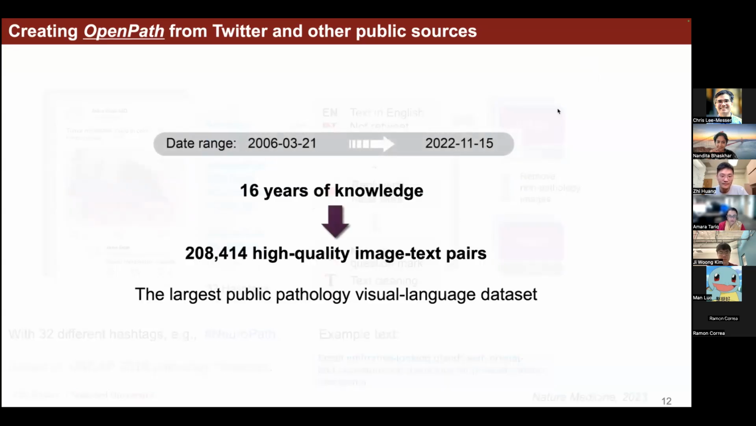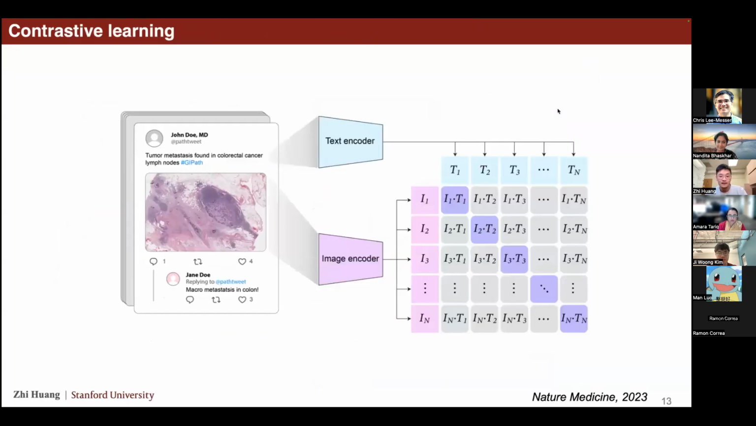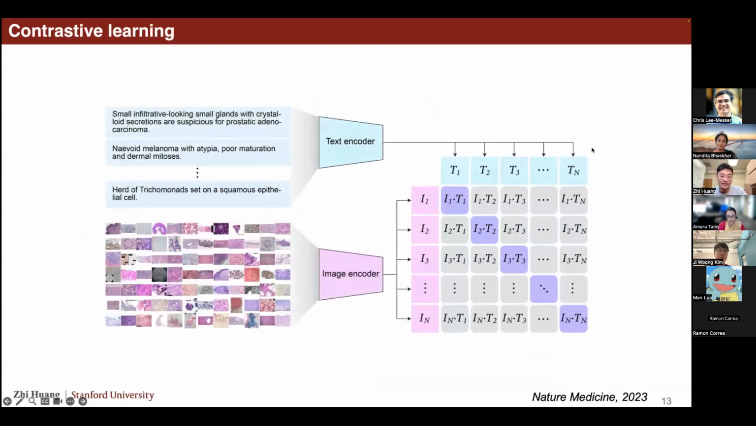Okay, so let's move to the next part, about training on the OpenPath data. We use OpenPath data to train our general purpose pathology AI. For text in the Twitter post, we fed it into a very standard OpenAI CLIP model, the text transformer, and convert each text into a vector. For the image in the Twitter post, we fed it into a vision transformer and convert it into a vector with